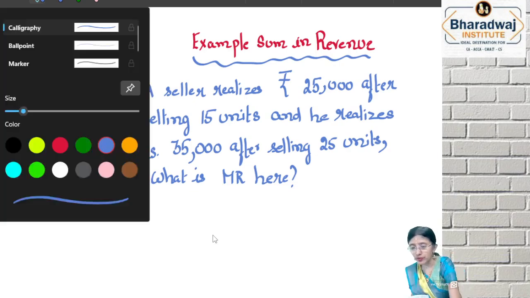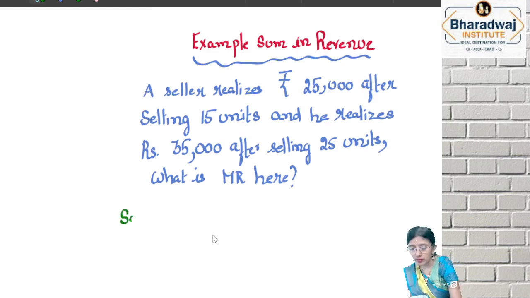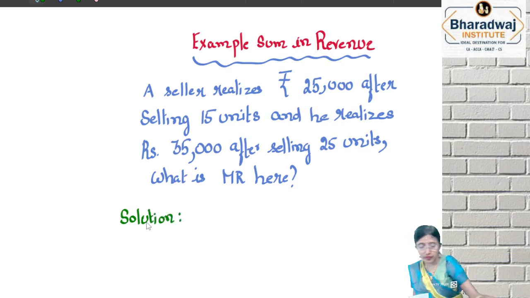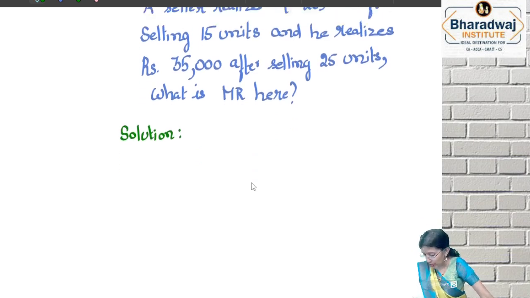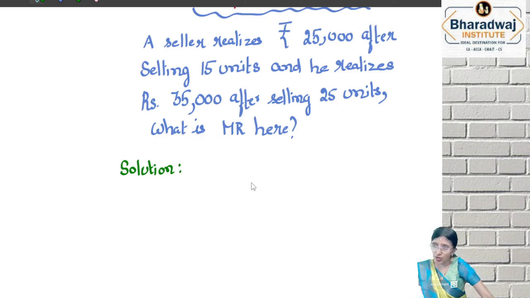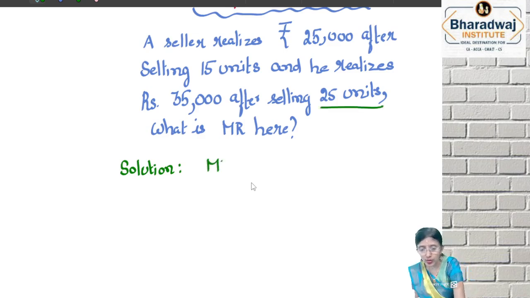Solution. Now, in the solution, what I'm going to do is, why always take delta TR by delta Q? Now what is the question here? What is the MR for 25 units? That is what they asked, isn't it? For 25 units. So what I'm going to write here is,